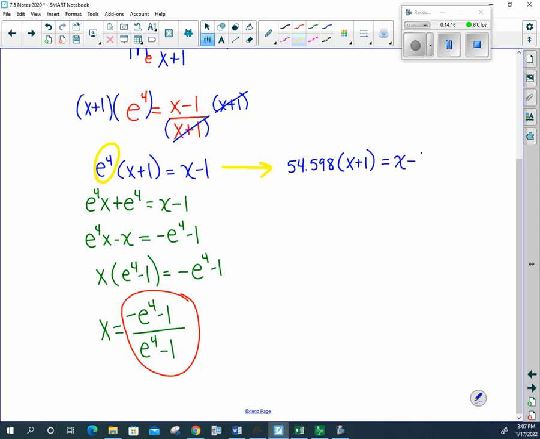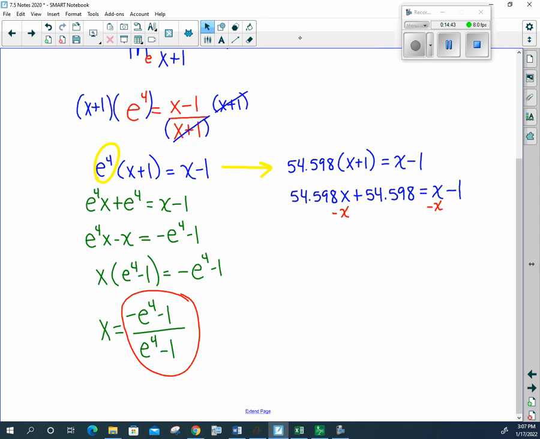Okay, so let's just go ahead and make that change right now. And now we'll just solve for x. So 54.598 times x is 54.598x plus 54.598 equals x minus 1. Okay, when we combine like terms, it's a little weird, but when you subtract x, remember you're just subtracting 1x. So you have 54.598, you're subtracting 1 from that. That will leave you with 53.598x plus your